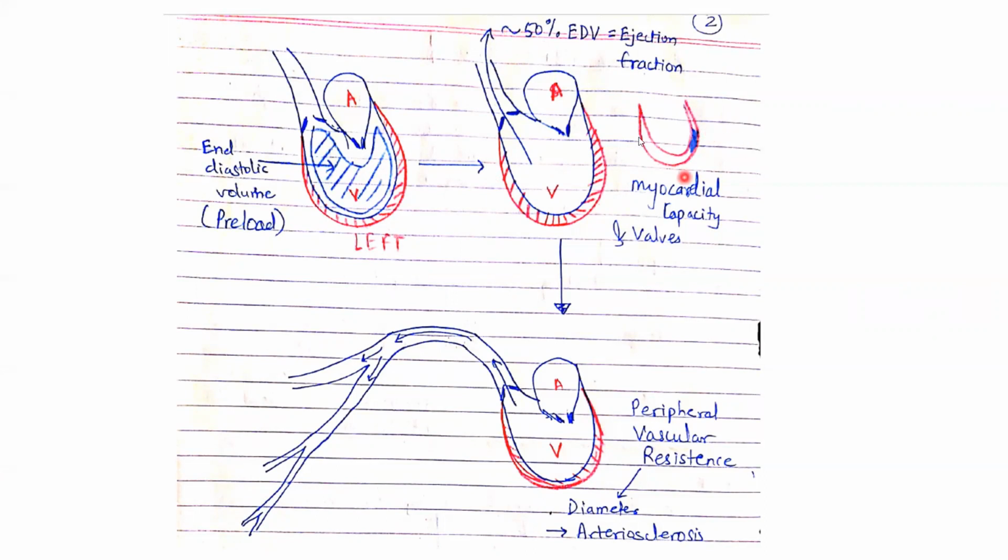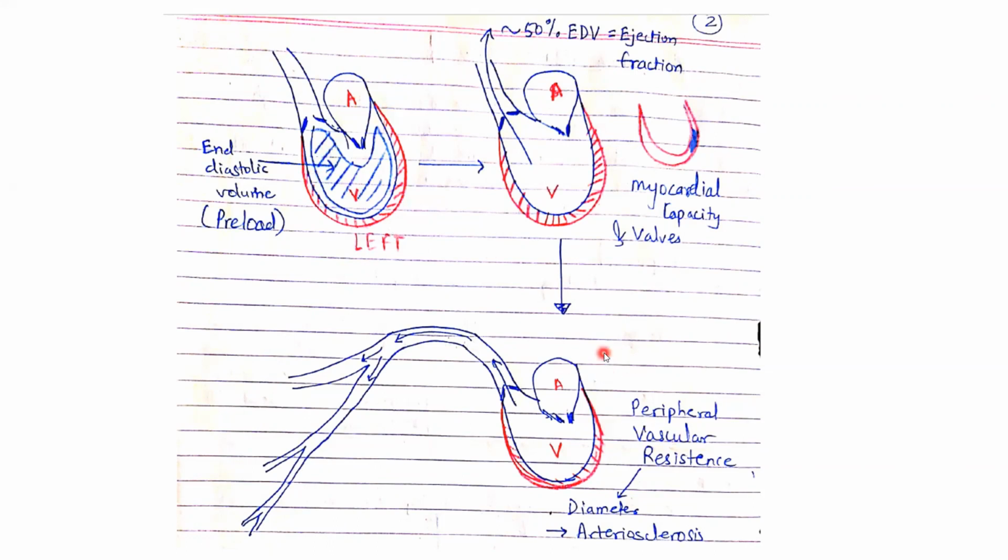But if your myocardium is not normal and there is myocardial infarction, some tissue is dead here, what will happen? The contractility will decrease, and because the contraction is less, less ejection fraction will be there. So then again it is affecting cardiac output. Here, the more the volume can be ejected out, but the effort to be taken by the heart will also increase.